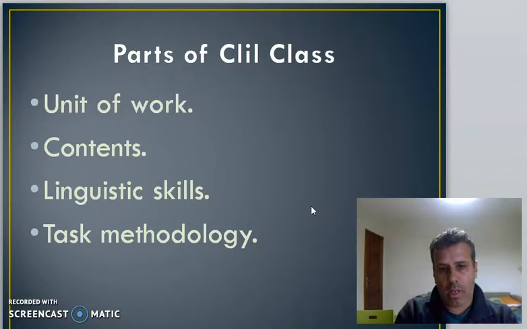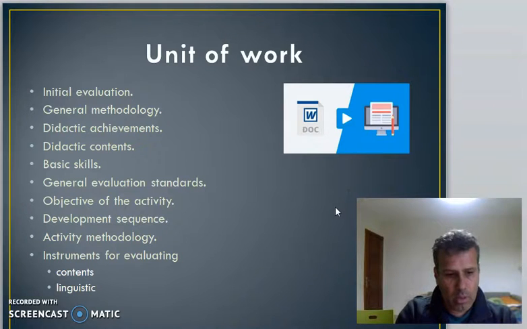Parts of CLIL class. I have divided this project into 4 parts, consisting of unit of work, contents, linguistic skill, and methodology of the tasks. Unit of work. The whole unit of work has been developed in a text document, in which we can see that its parts are initial evaluation, seeing the initial knowledge of the student, general methodology, how the class will be developed,